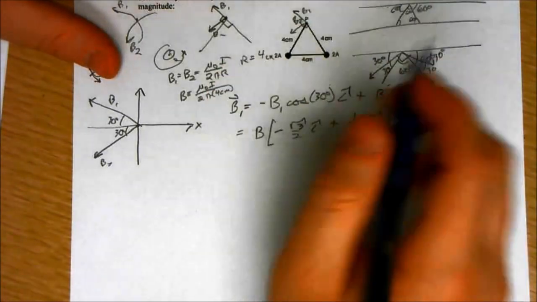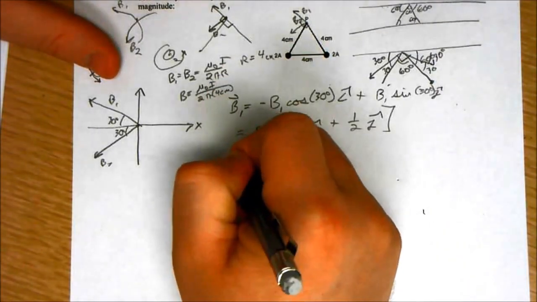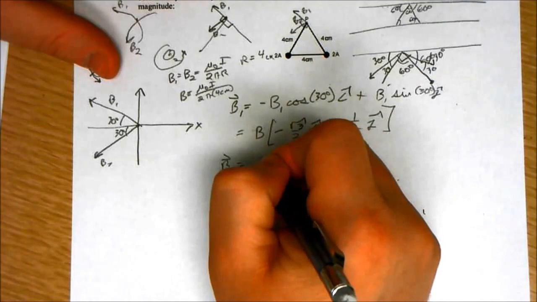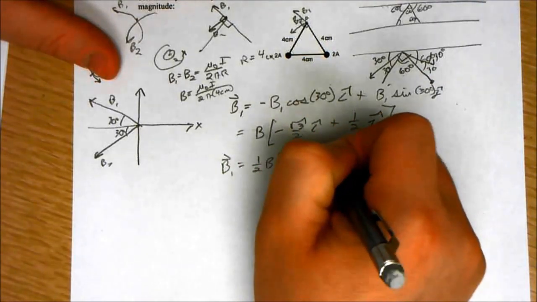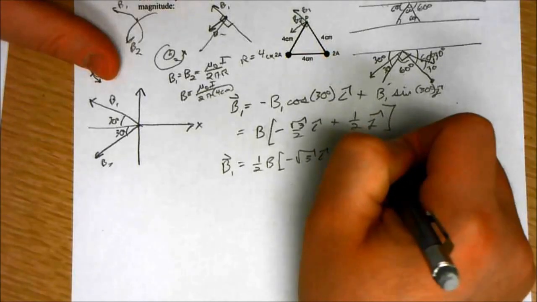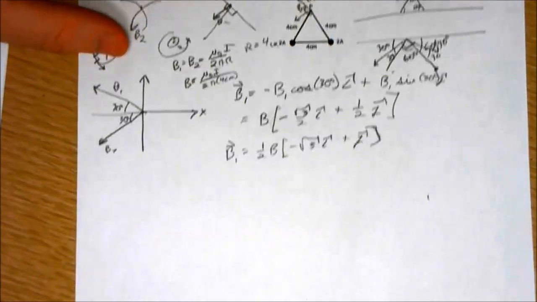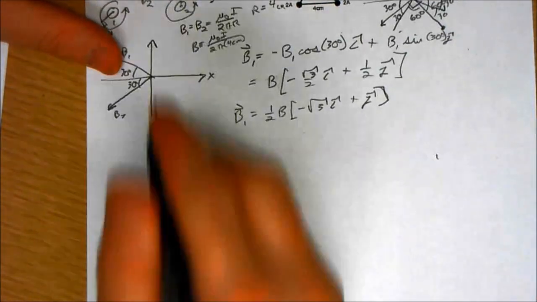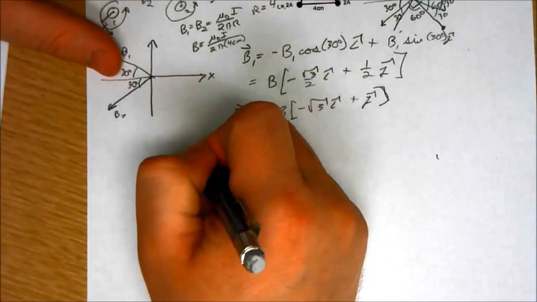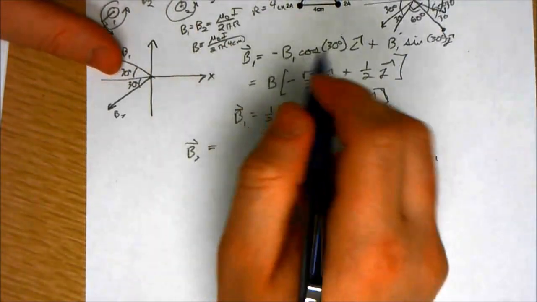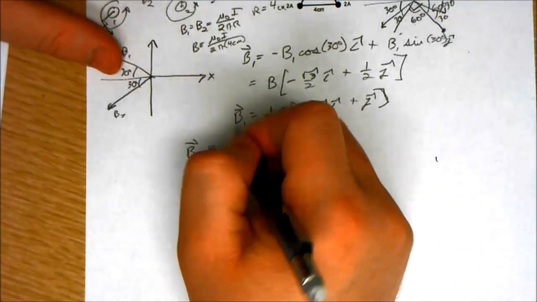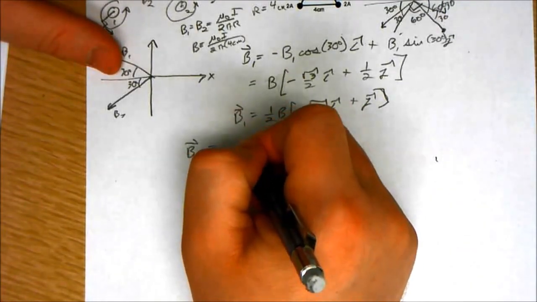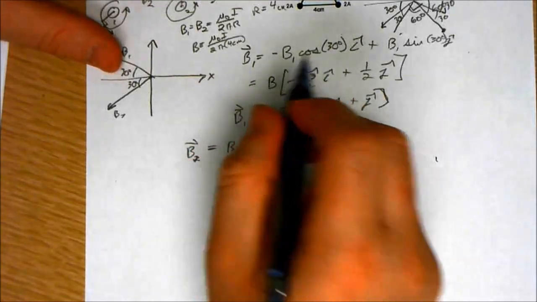If I wanted to, I could factor out the 1/2, so it's 1/2 B times negative square root of 3 i hat plus j hat. So let's look at B2. B2 is going to be the same thing. It's going to be B,